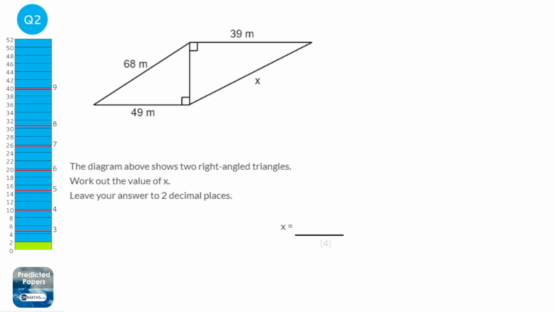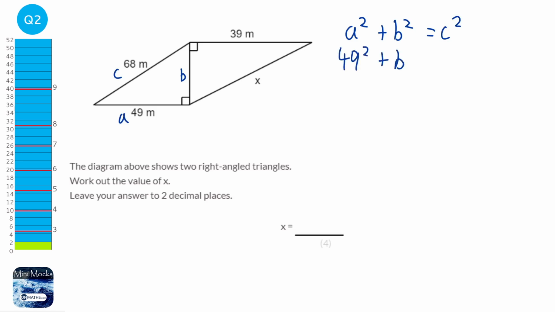We can't work out what x is straight away, but we can find this value here. And we know with Pythagoras we can find a third length if we've got the other two in a right angle triangle. So a squared plus b squared equals c squared, and a and b were labelled. C is always opposite the right angle, so it'd be 49 squared plus b squared equals 68 squared. And 49 squared is 2401, and 68 squared is